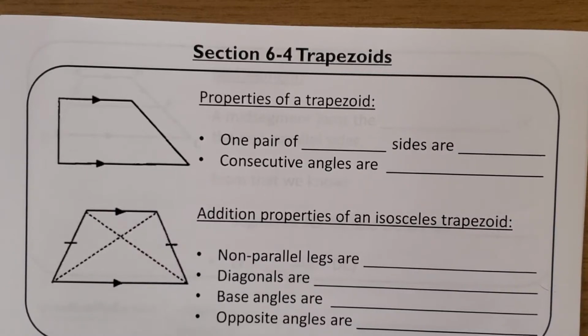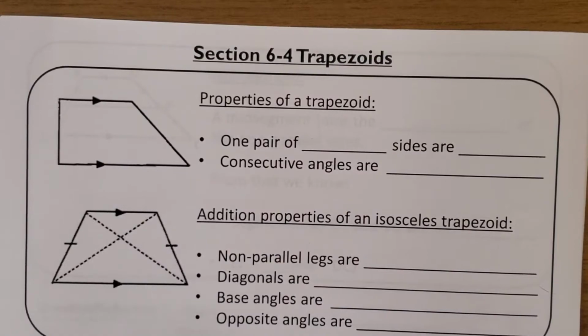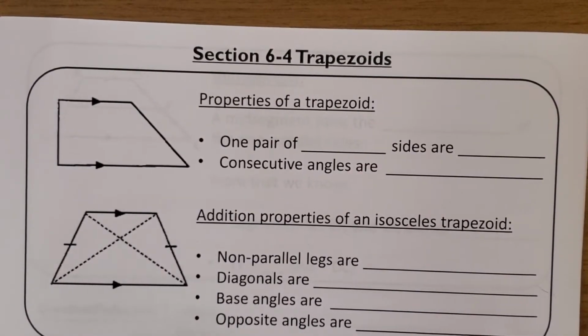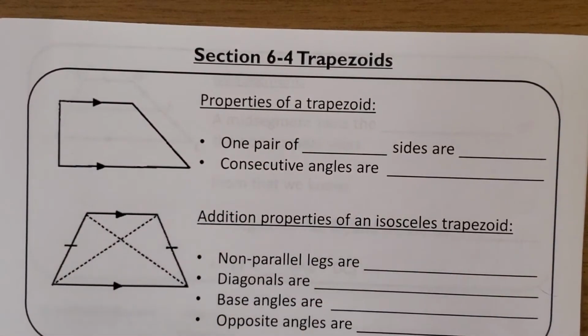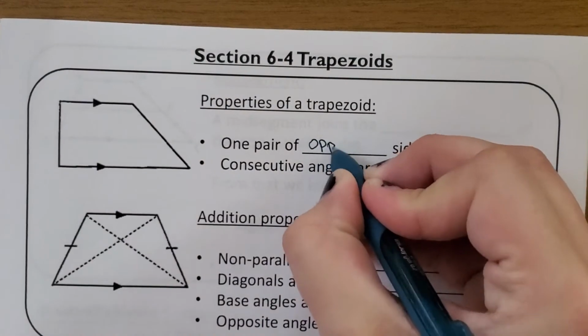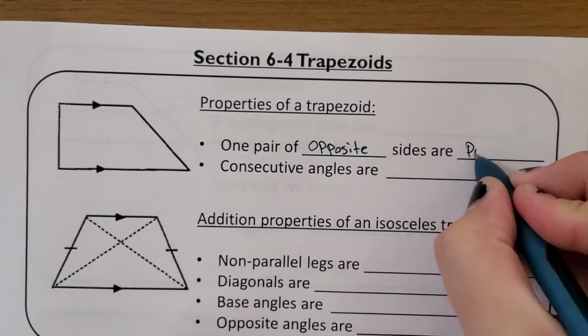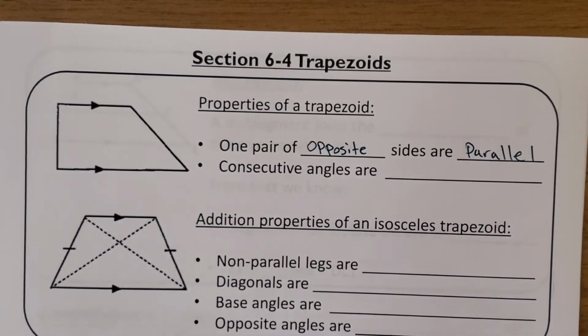Hello, and today we are going to be talking about section 6.4, trapezoids. So, the shapes we talked about so far, the opposite sides on both sides were parallel. In the case of a trapezoid, though, you're just going to have one pair of opposite sides that are parallel to each other. So instead of all the sides being parallel, in this case, you just have one pair that's going to be